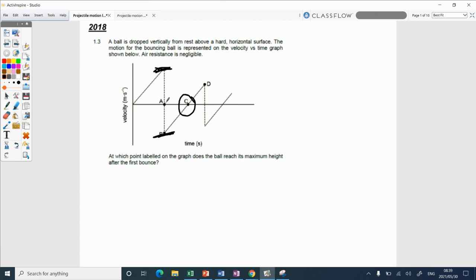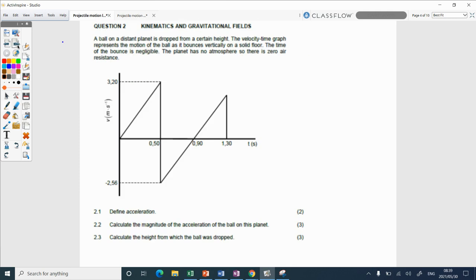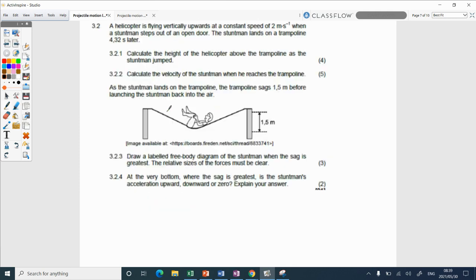So if you think about it, when it hits the ground, it has to go a little bit into the ground, stop, speed up, leave the ground. That bit is what happens here. So this is when it stops, basically inside the ground, if you want to see it like that. And more and more they use trampolines. You'll see there's even a question in the notes where they're making that take time. Because if it's a trampoline, it takes time for that to happen. Then it stops there at the bottom, which would be that point A on your graph. Then it speeds up and leaves the trampoline. And then it gets to maximum height.